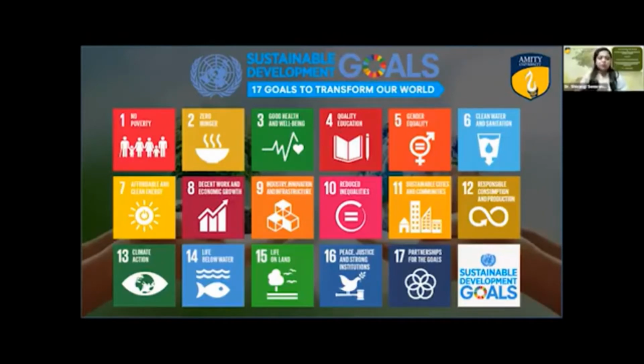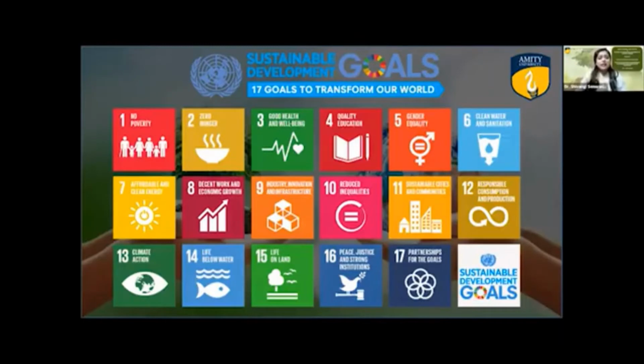I am sure that most of you must be aware of the sustainable development goals, but let us quickly go through them one by one. The reason behind that is that unless you are aware of what these goals are all about, how can you identify which technology can be used for the accomplishment of these goals? So the first SDG is no poverty.